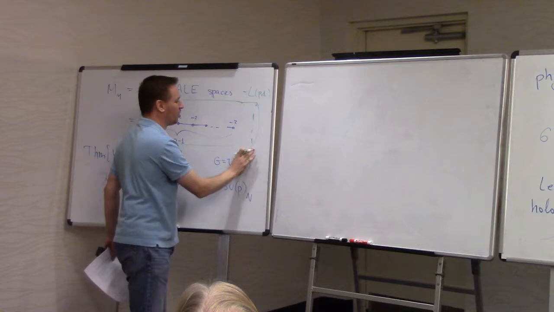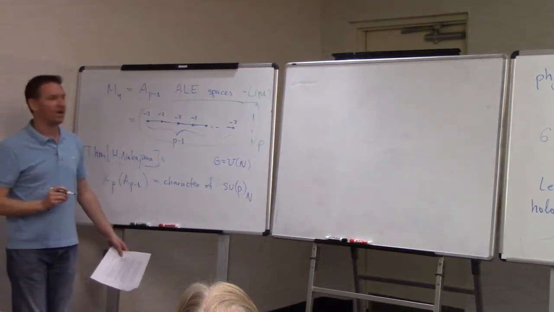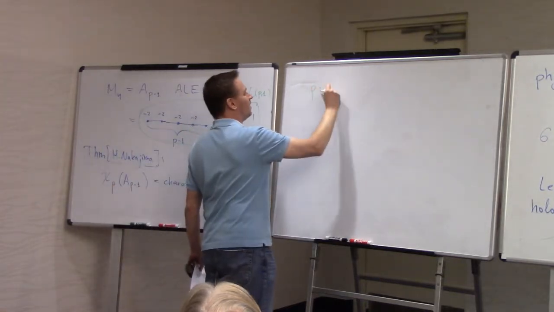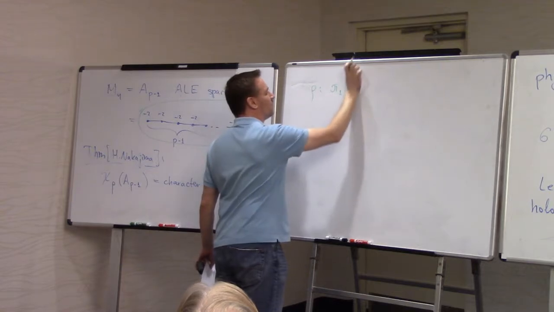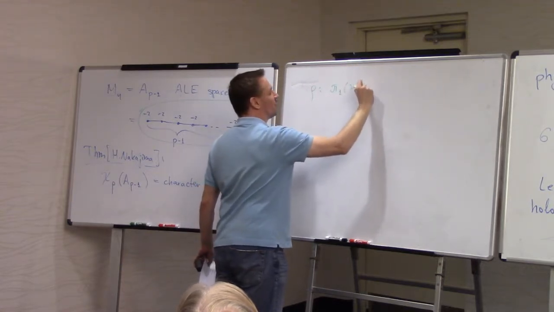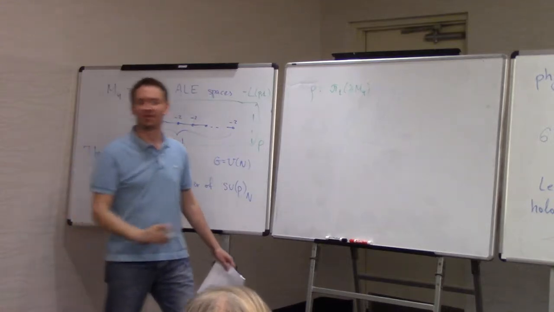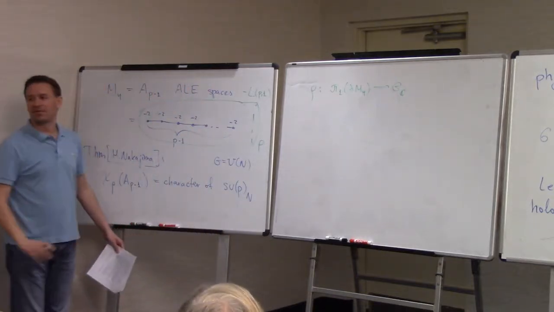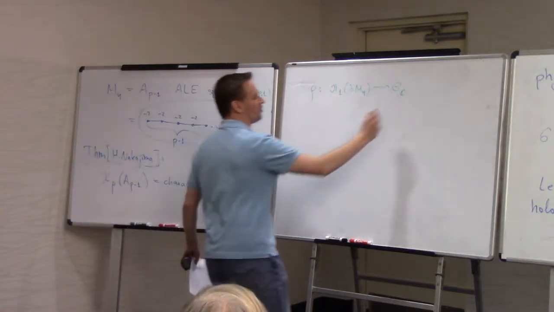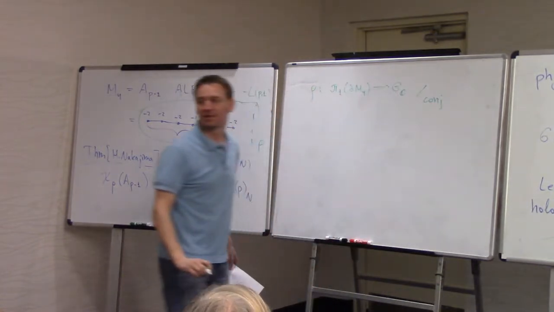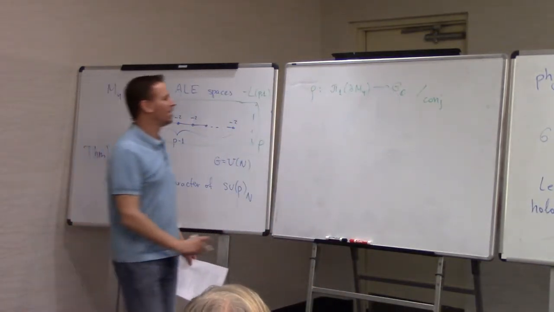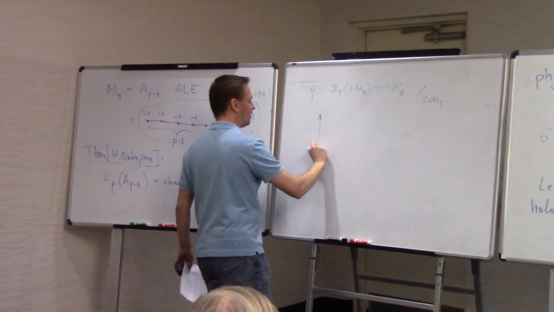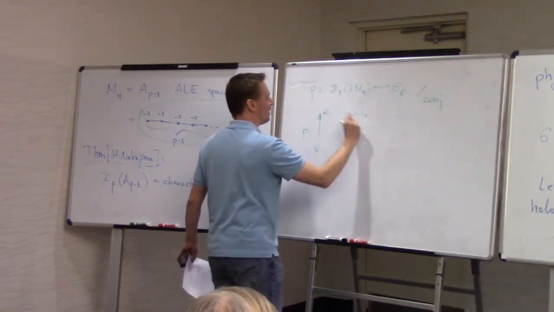But it is a boundary, so I have to fix rho on the boundary. And now, if we recall, rho is a homomorphism from pi_1 of the boundary, which we called M3, but I'm slowly switching to entirely four-manifold notation, into the complexified group. And then, if you work this out, up to modular conjugation, of course, as is typical in any kind of gauge theory TQFT, you'll find that the rhos are Young tableaux of size p and